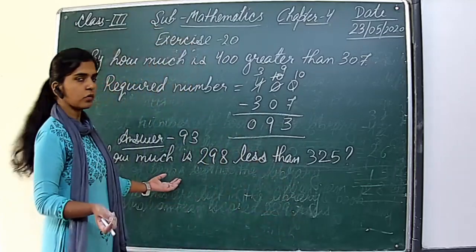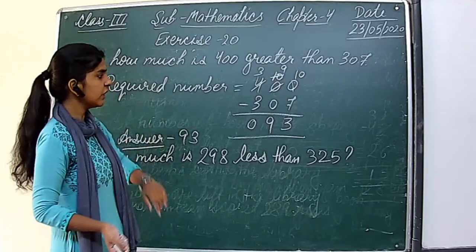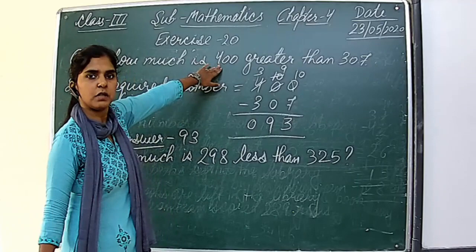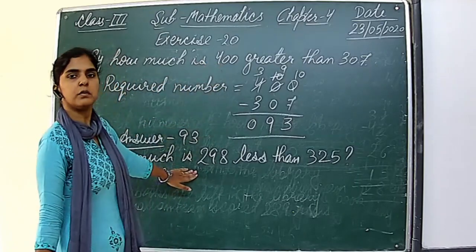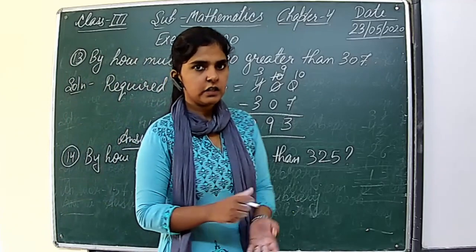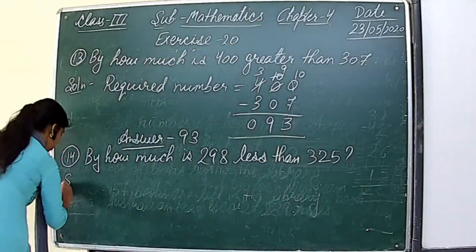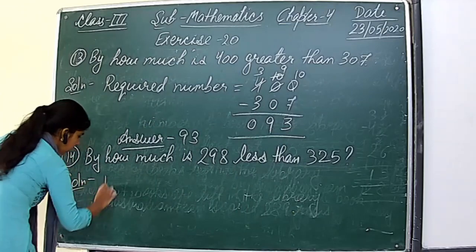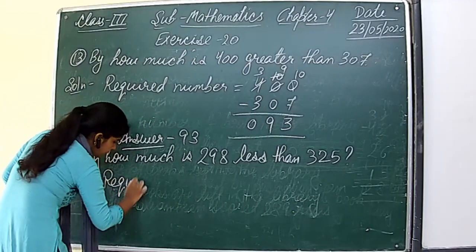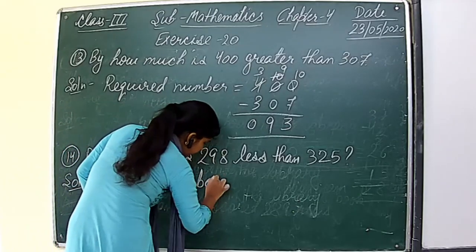Similarly, we have to do here also. Okay, the question is the same. The only difference is that here the greater number is given first, but here the smaller number is given. Only the way of writing the question is different, but the solution will be the same. So let us write the solution. Required number is equal to